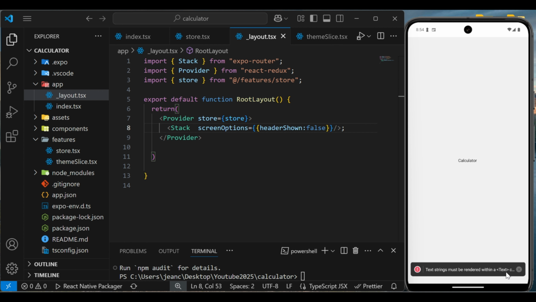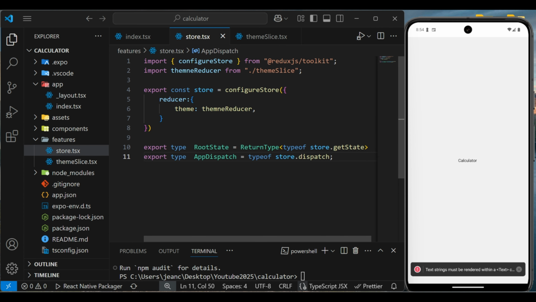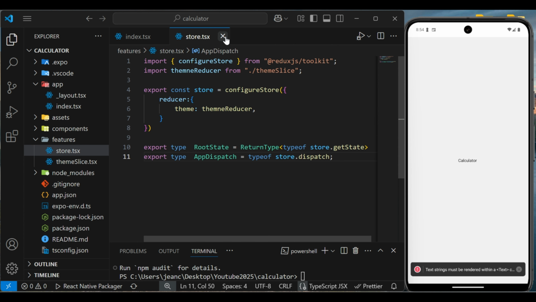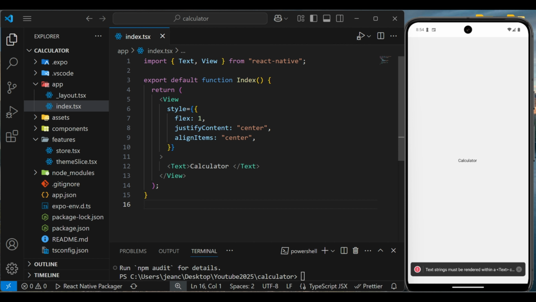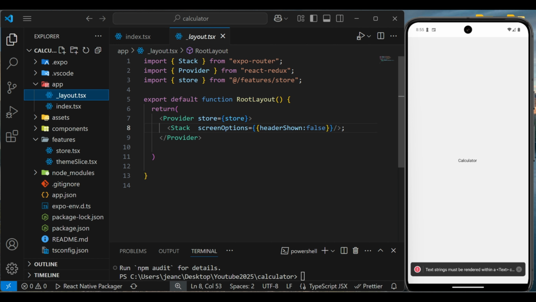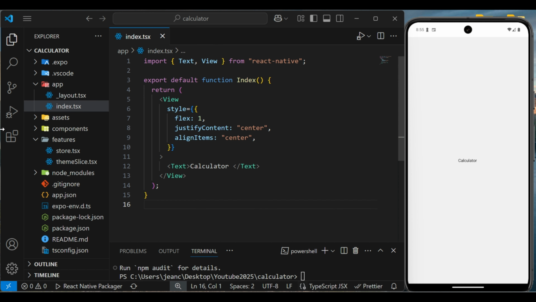this alert tells us like a test. We have rendered the text somewhere, but not inside the Text component, something like that. But yeah, let us close this now. Let me check in this one. Maybe I have. Okay, good. We have this one. That's why we have an error. Okay, so